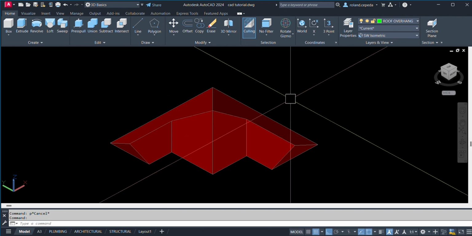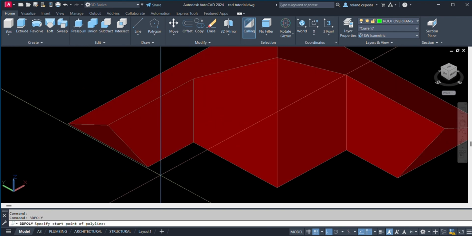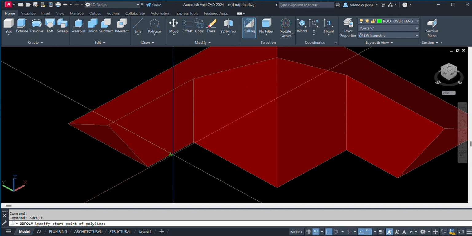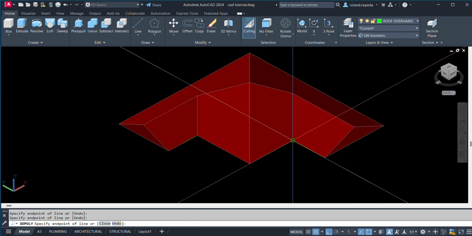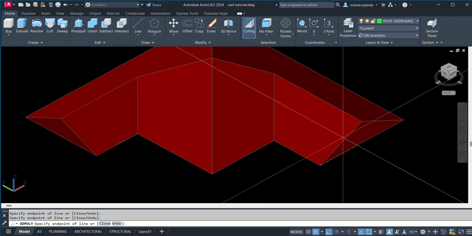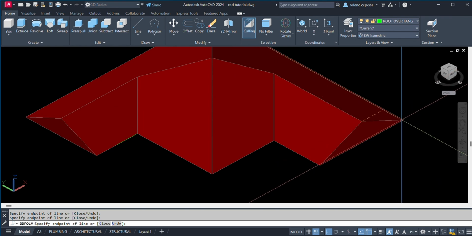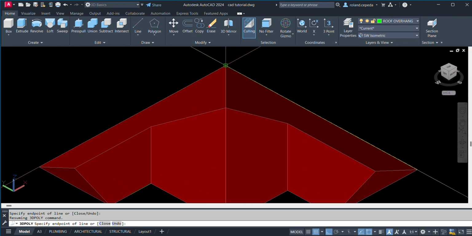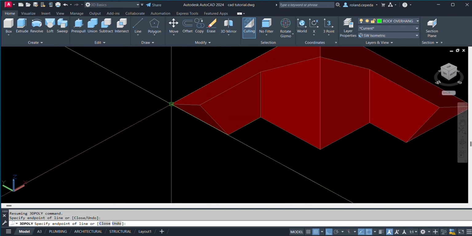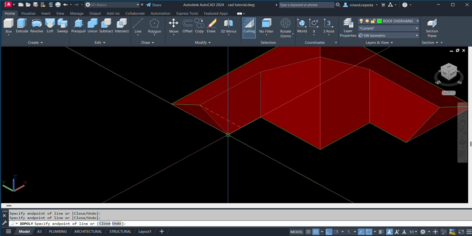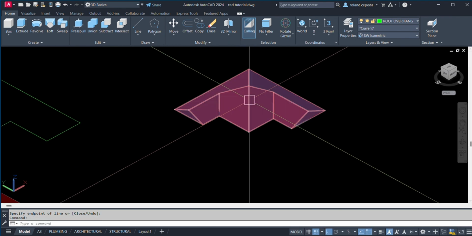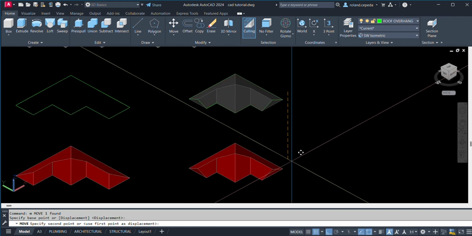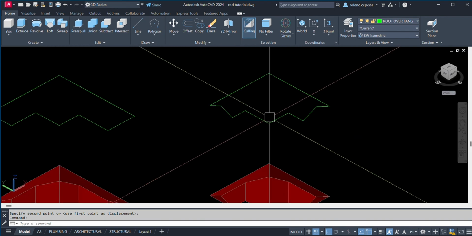So I'm going to create another polyline, 3D polyline. I'll just input 3D poly. So I'll start here for the 3D polyline. And then I'm going to trace the profile of the roofing in which the gutter will be swept. Okay, so let us move this one. Okay, this one here already.